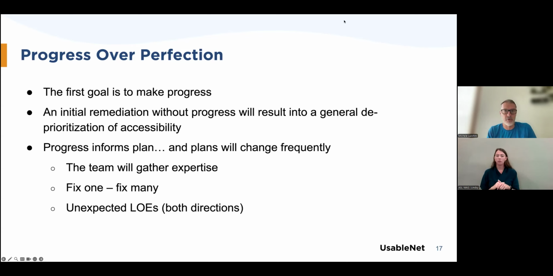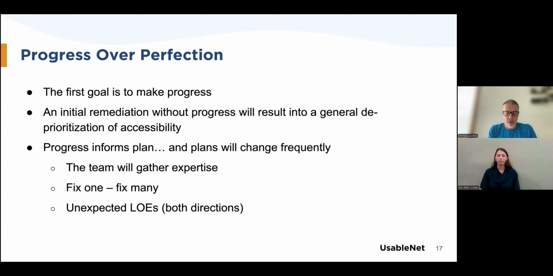And if that does not result in an increment of the conformance level, that might obviously represent a big jeopardy for the entire accessibility program.